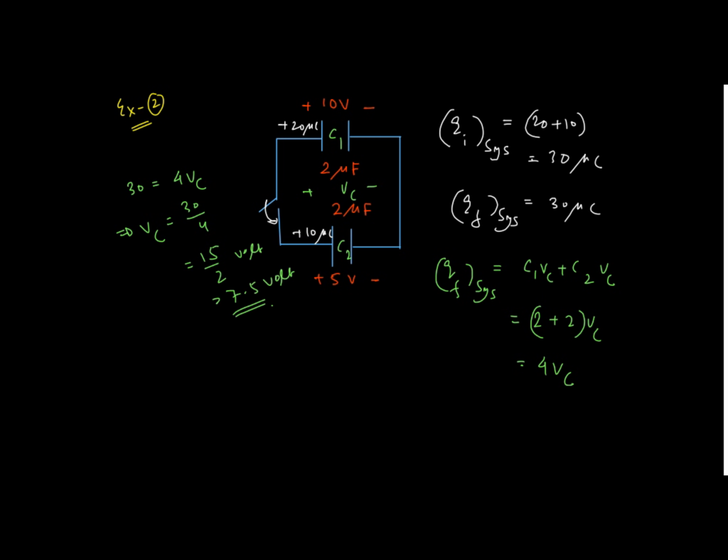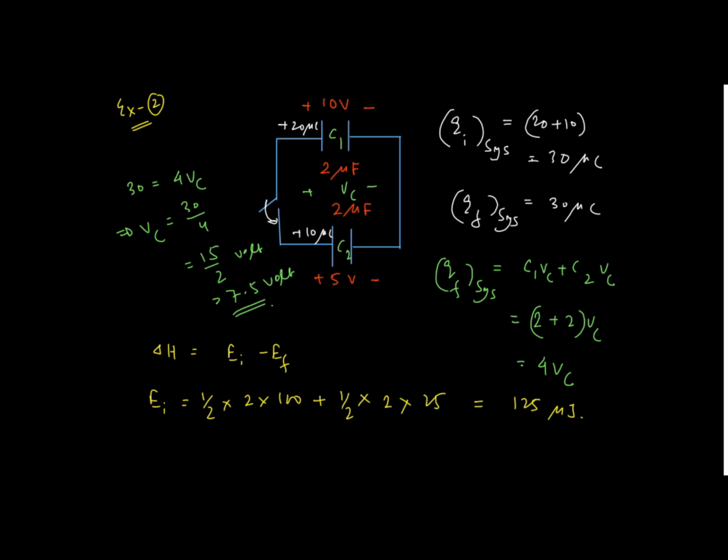So the capacitors will have a final potential difference of 7.5 volt across them when the charge separation stops. Now again the same thing we have to follow. Delta H is equal to EI minus EF. What is EI? Quickly we will calculate. Half into capacitance 2 and potential difference 10, so 100 square, plus half into capacitance 2 into 5 square means 25. So how much does it come to? 100 plus 25 is equal to 125 microjoule.